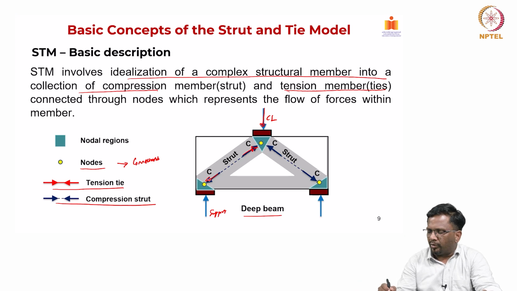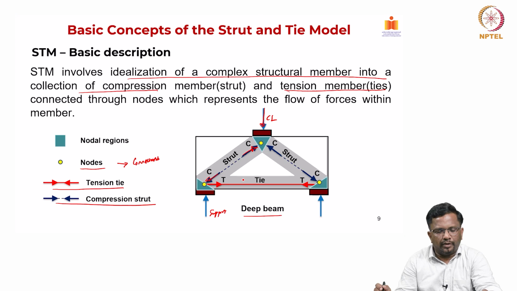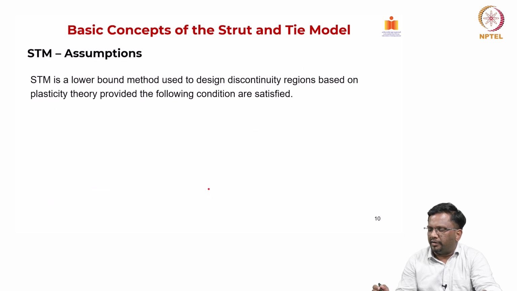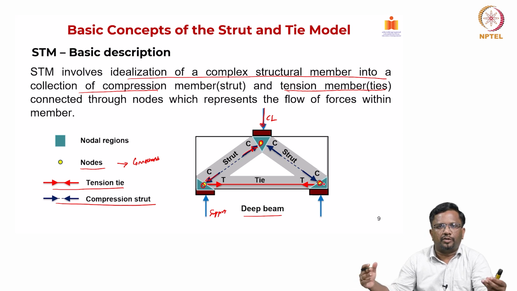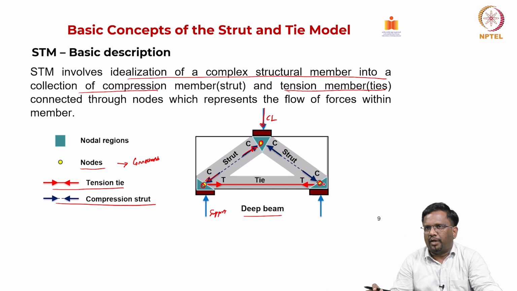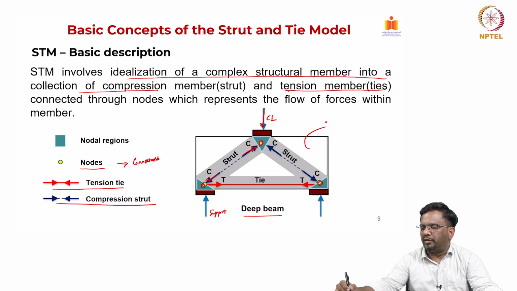So, that is why we have put it like this, it has to take the load. Similarly, to balance this, I need to also develop some ties, because if I look at the horizontal force equilibrium, then there should be an element that will be subjected to tension. That is a tie element. And then in the connection region we have nodes. These are all the nodes, where the compression and tension elements join together. Now, you see here that in the strict sense, this concrete is not really used